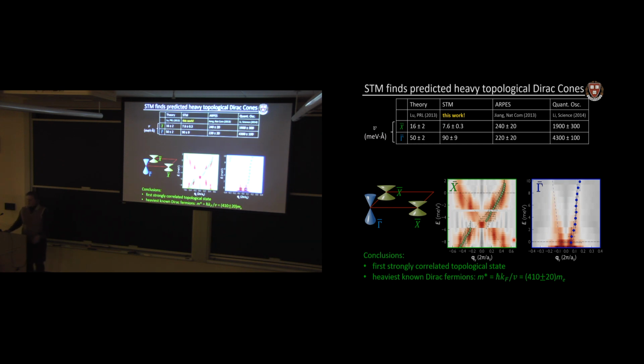Okay, so putting this all together, we expected a steeper Dirac cone and a shallower Dirac cone, and that is indeed what we find. And in fact, if we look at the slope of this shallower Dirac cone, it corresponds to an effective electron mass of about 400 masses of the electron, which is the heaviest known Dirac state ever seen. And what that means is that there's really a lot of states near the Fermi level. So this is a very sensitively tunable material, and it's exciting to see what can happen with these states as we start to play around with this material more.